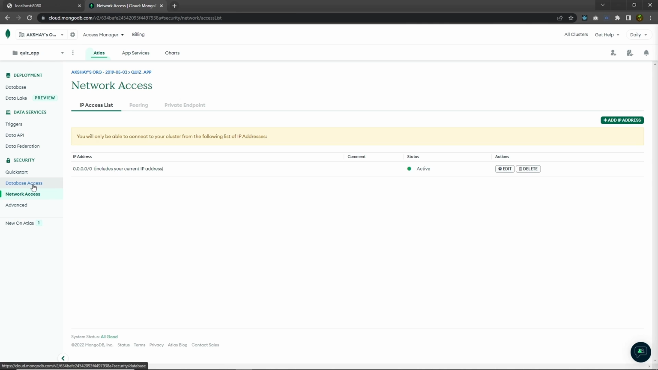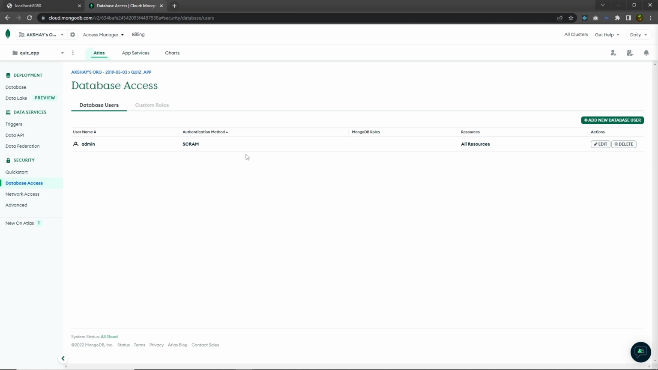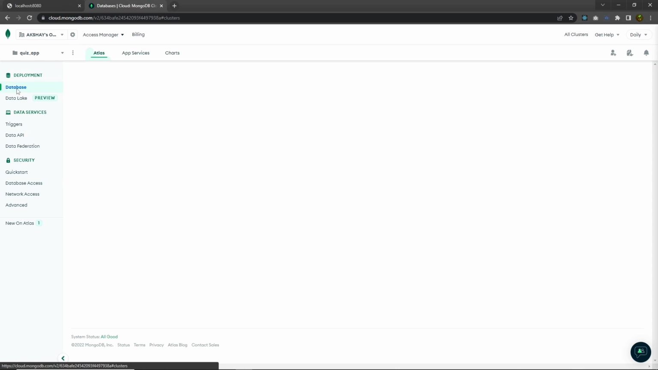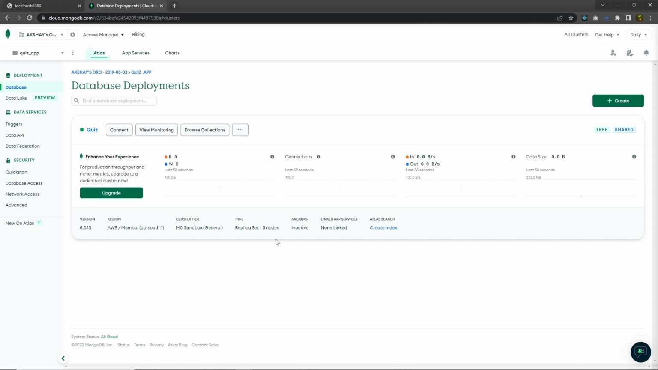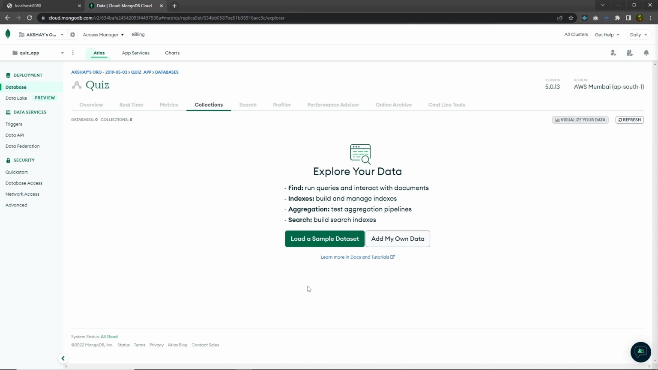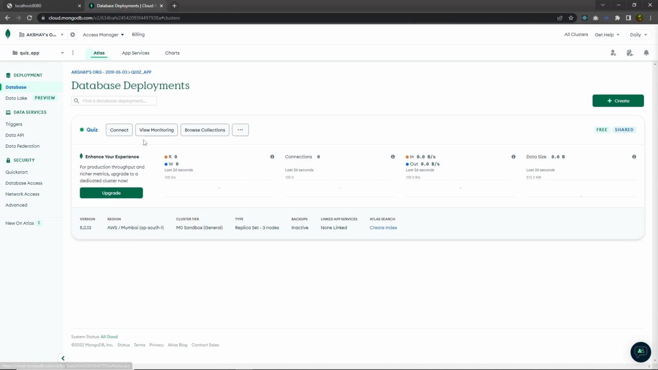Just after that, go back to the database access. Here you have your user, and if you go back to the database, you have your cluster here. Now you can create a new database and create collections inside it. So just click on this browse collections, and inside this you can search for your collections. Right now you don't have any collections here, so just go back to the database again and create a new collection